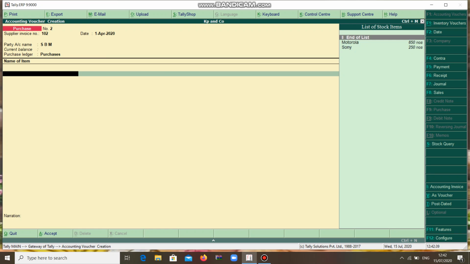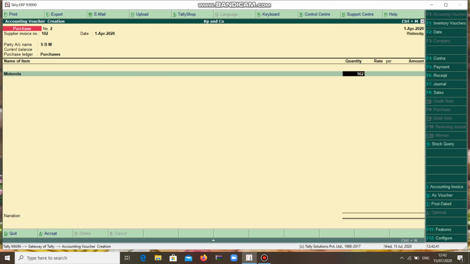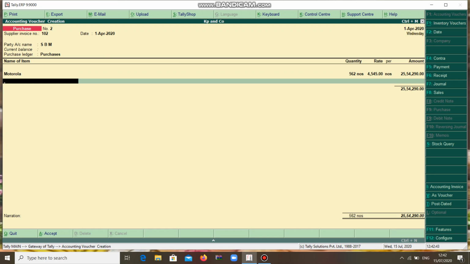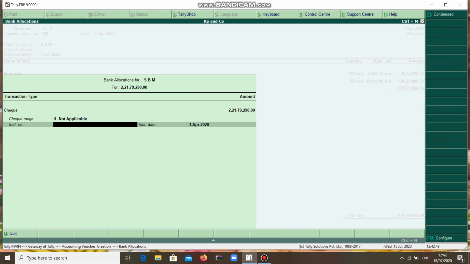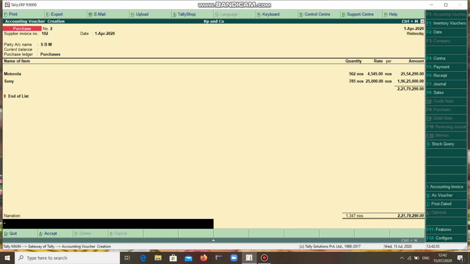Again you can take the same items, Motorola, another one Sony. Being goods purchased through check. Here instrument number is nothing but you can give the check number.